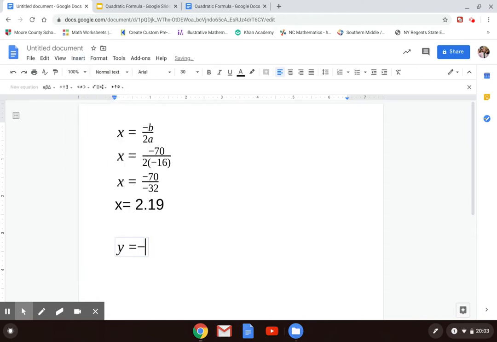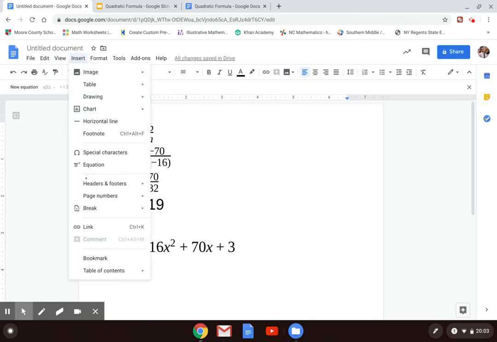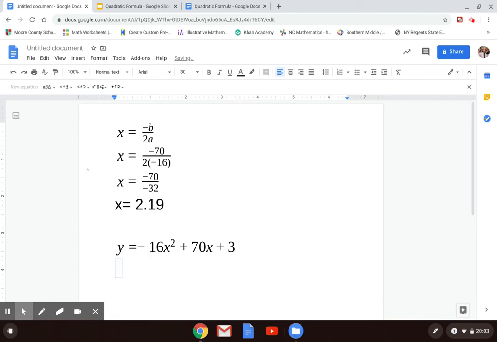So what I'm going to do is take that equation, y equals negative 16x squared plus 70x plus 3, and every place I have an x, I'm just going to insert the 2.19. Okay, so y is going to equal negative 16 times 2.19, I'm sorry, raised to the second power, plus 70 times 2.19